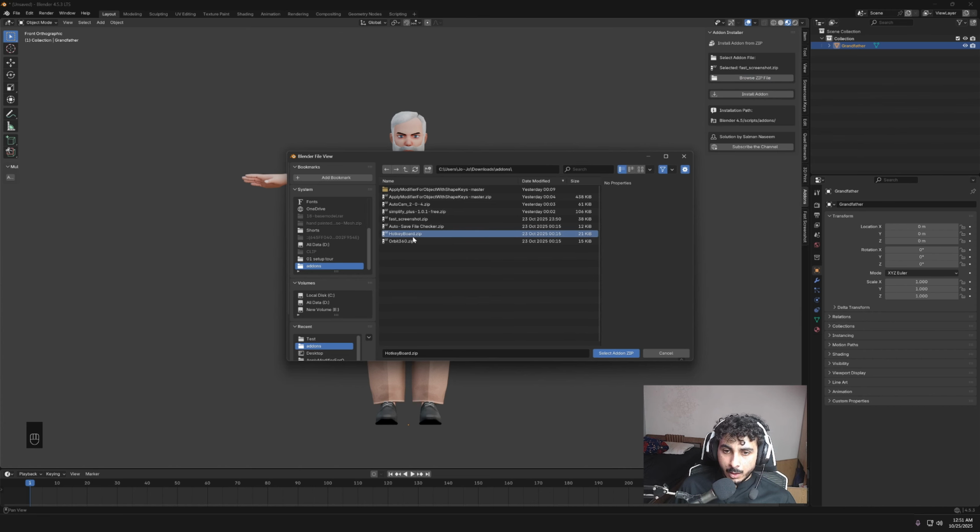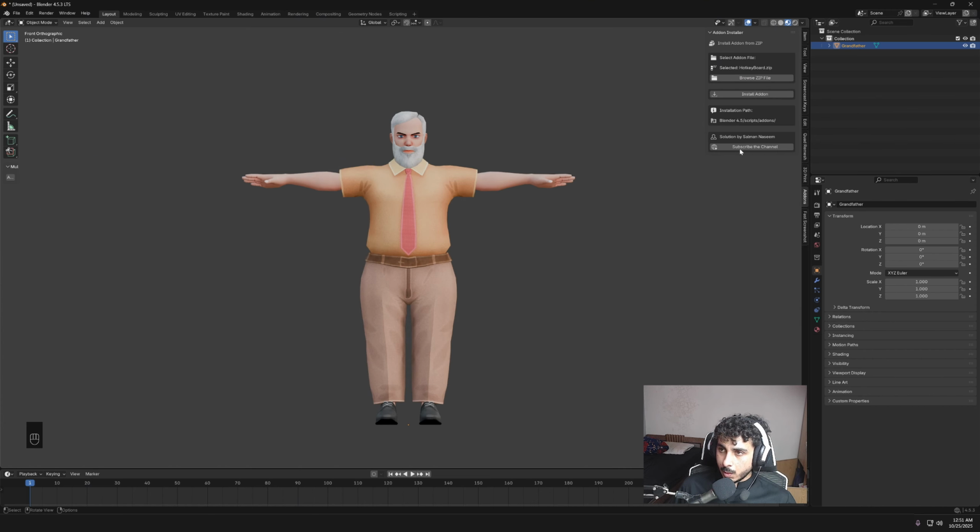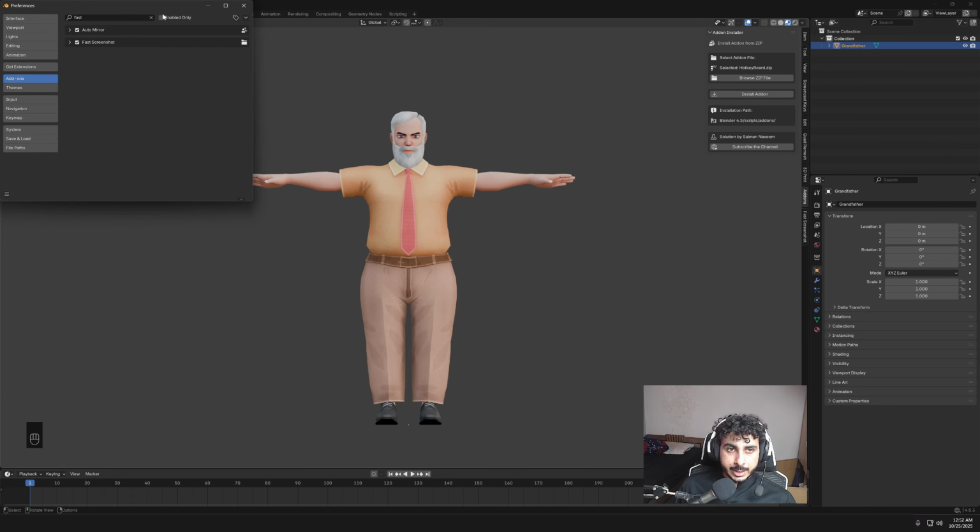Okay, next add-on we have is for Hotkeys board. It's actually a really fun one for beginners. What it does is that it shows all the hotkeys. So let me show you how. I would just install this,